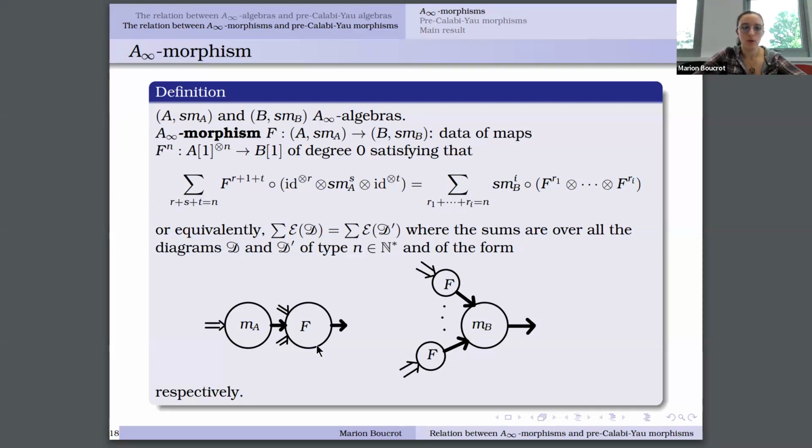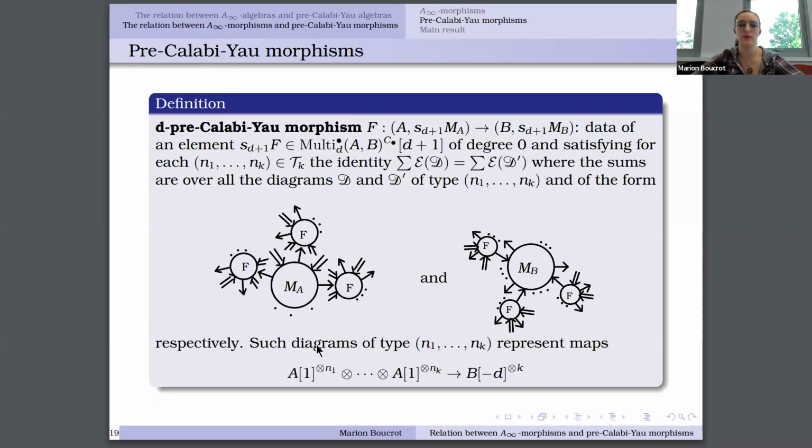And now I will record the notion of pre-Calabi-Yau morphism, which is a very recent notion, introduced by Kontsevich, Takeda, and Vlassopoulos. So a deep pre-Calabi-Yau morphism F between deep pre-Calabi-Yau algebras is the data of an element of the shifted invariant multidual of A and B, which has to be an element of degree 0, and which will satisfy the